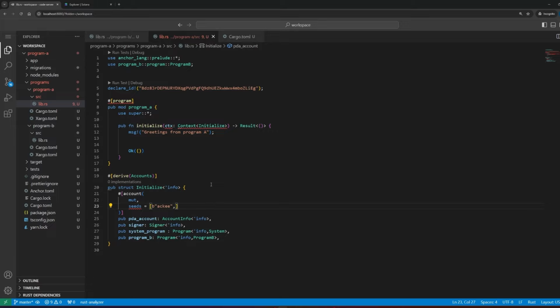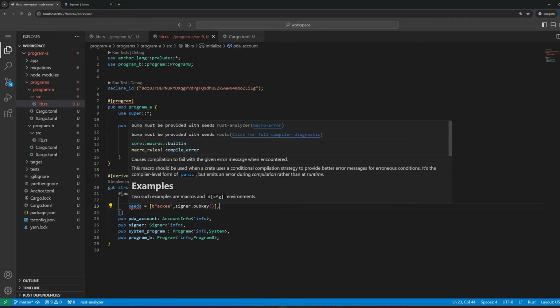I would like to also include a second seed. So for you to understand it better, the second seed can be, for example, also the pubkey of some account in order to connect, for example, the signer to this PDA account. So what we can do is we can specify signer.pubkey,